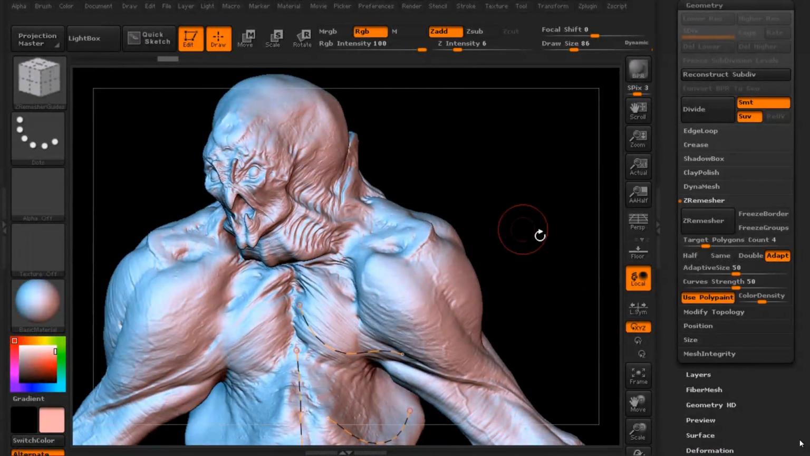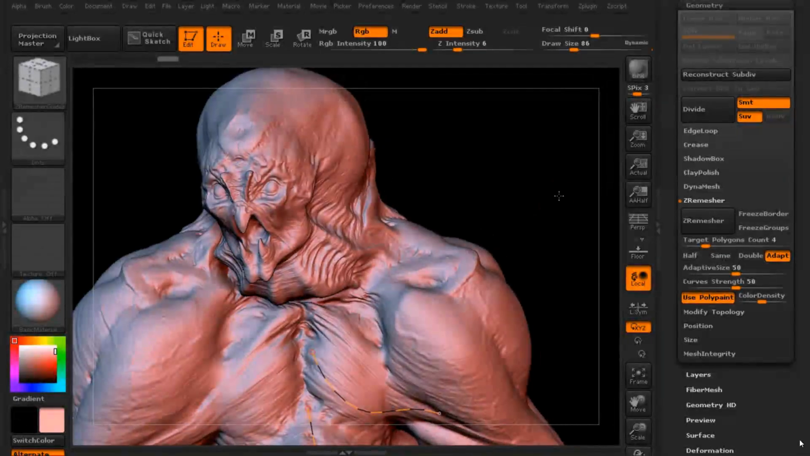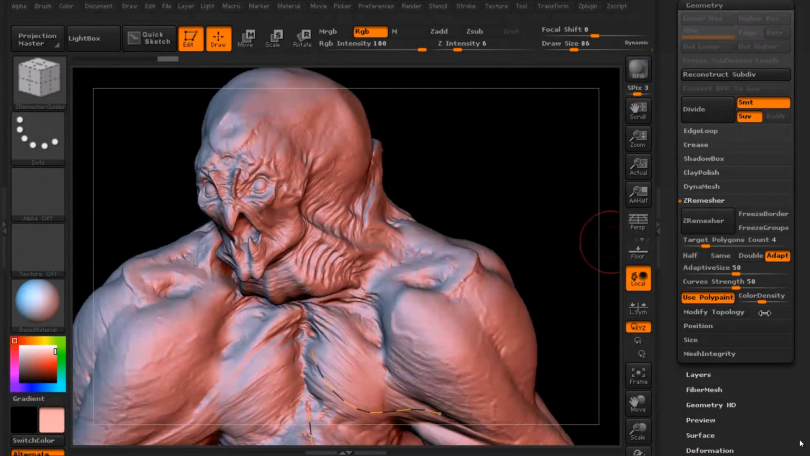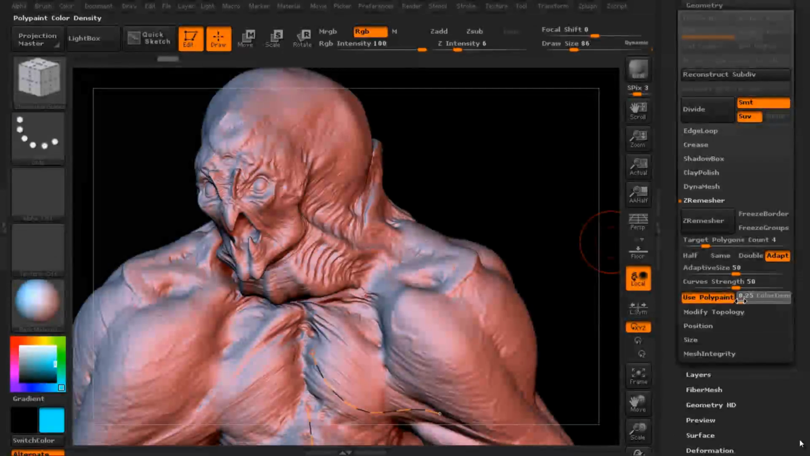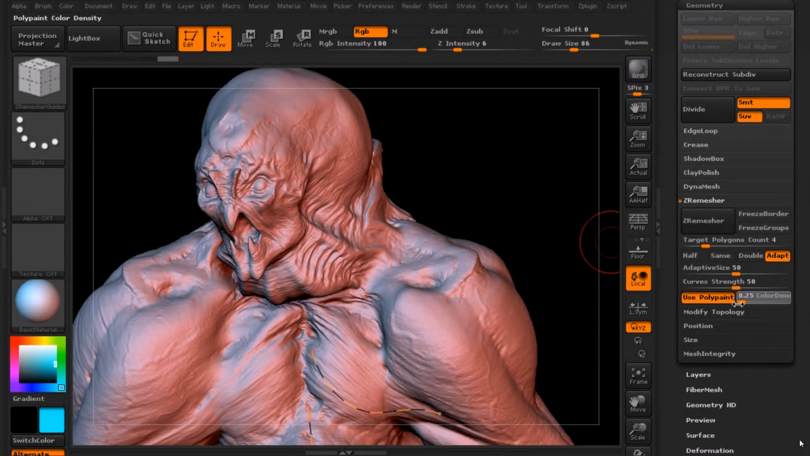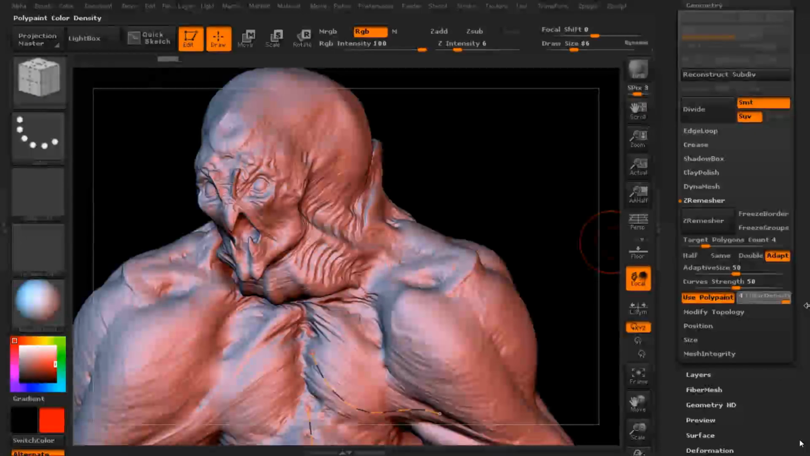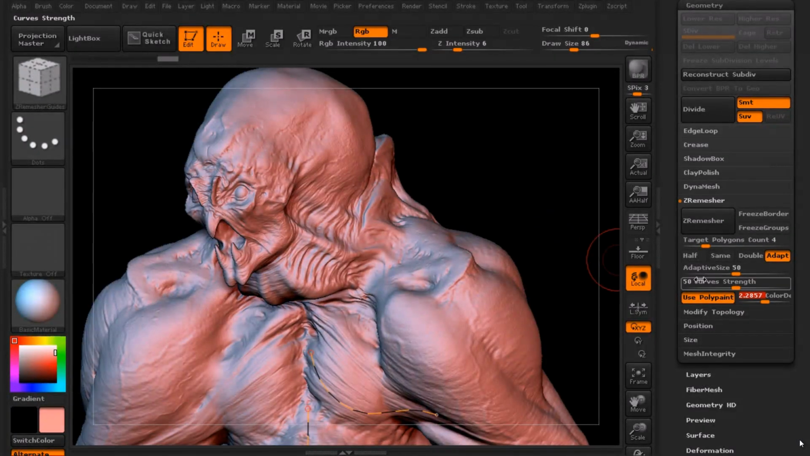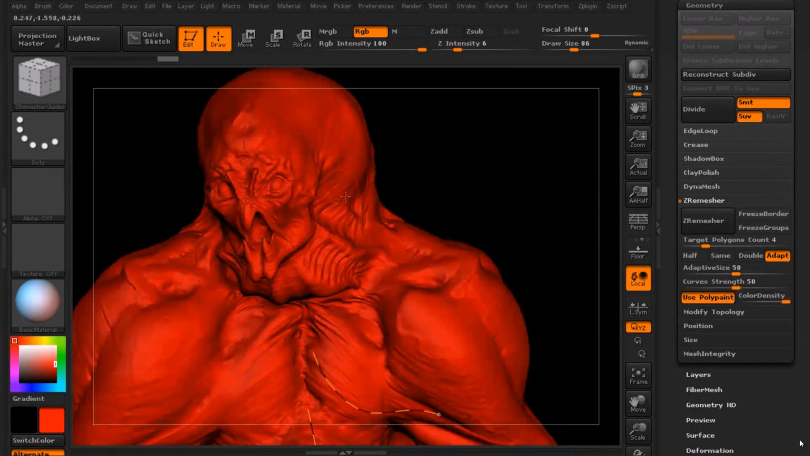We can also use polypaint to drive the density of our mesh. So that's kind of selected here based on this color, and you can see that one side is blue, this sort of teal, and another side is red. So based on that, we can decide how much density will actually be added. So if we want to have more dense polygons, we can come in,